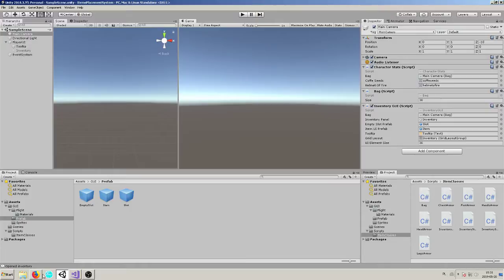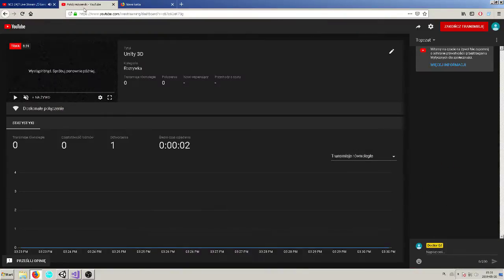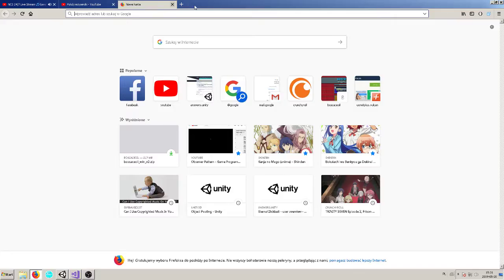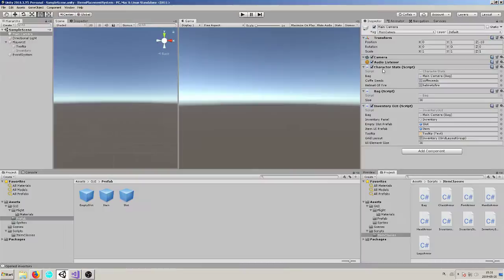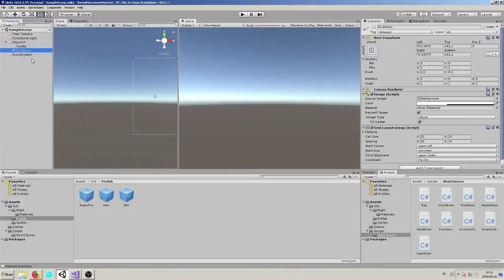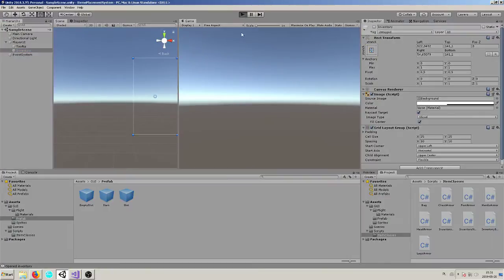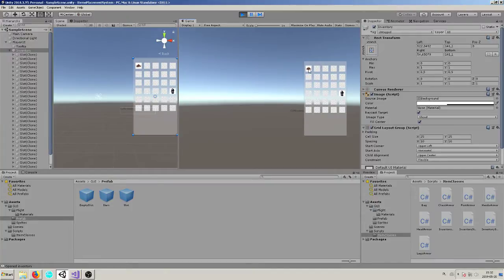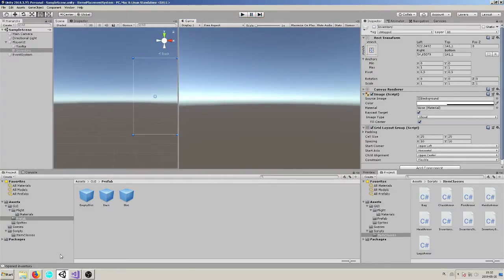Yeah, so what I was about to do. Okay. I want to make it change the slot when I just drop it. So the first thing I need is